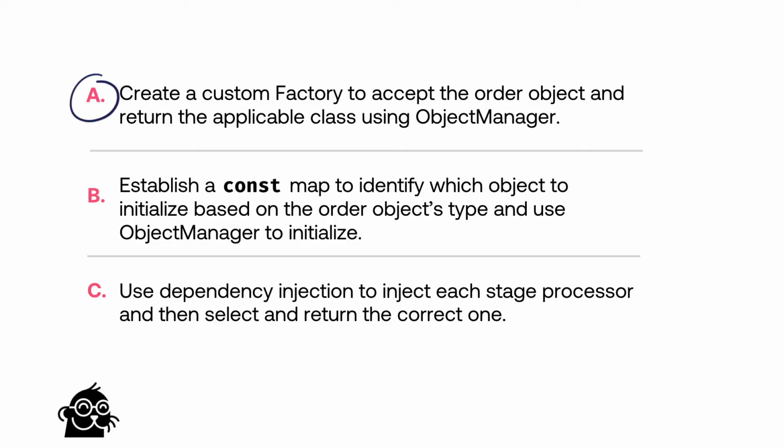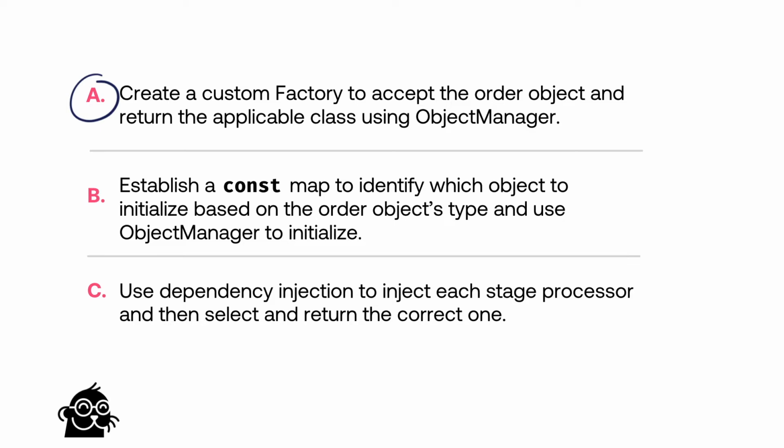And ultimately, the key point is, why are these other answers inferior to A? B: establish a concept map, which we actually did, to identify which object to initialize based off of the order object's type, and use Object Manager to initialize. This is basically what we are doing. However, we are not using a custom factory. So again, this could be anywhere. And by virtue of the custom factory, putting that design pattern principle in here, I feel like B is inferior